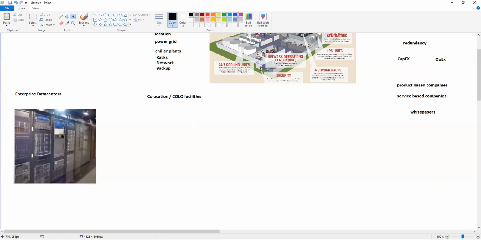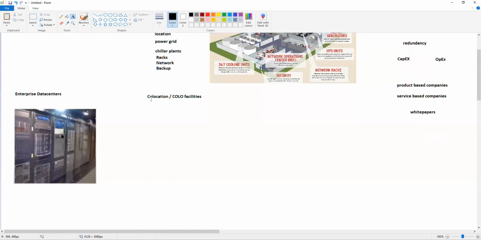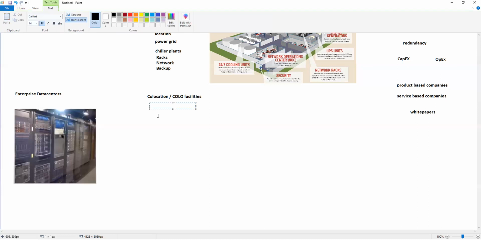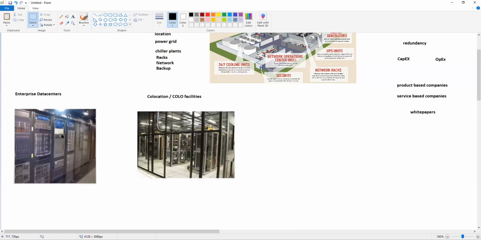After all of these, what you need is the server, and then on the server you need virtualization, which we'll see in a moment, and then operating system, and then your application, whatever you're running. So you can get one of these colocations. The way this works is they'll give you a cage, and they'll take care of everything other than the server side, the location and so on. So colocations are like this. This is one of the cages.